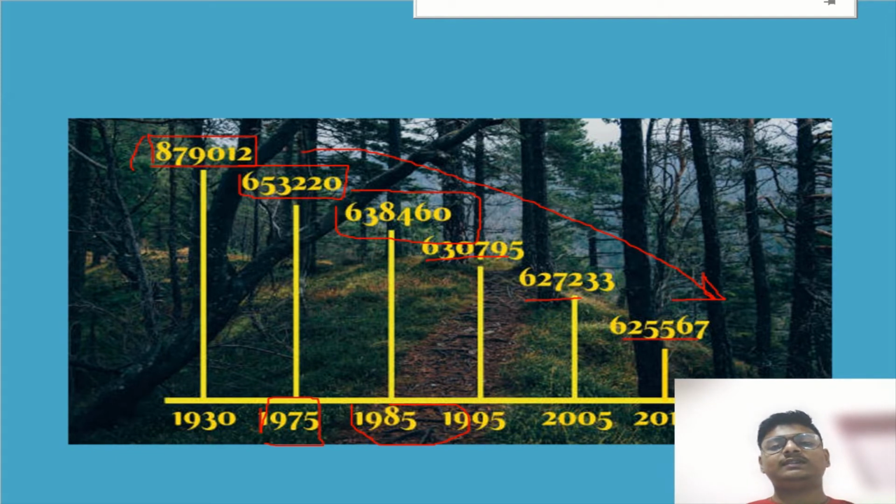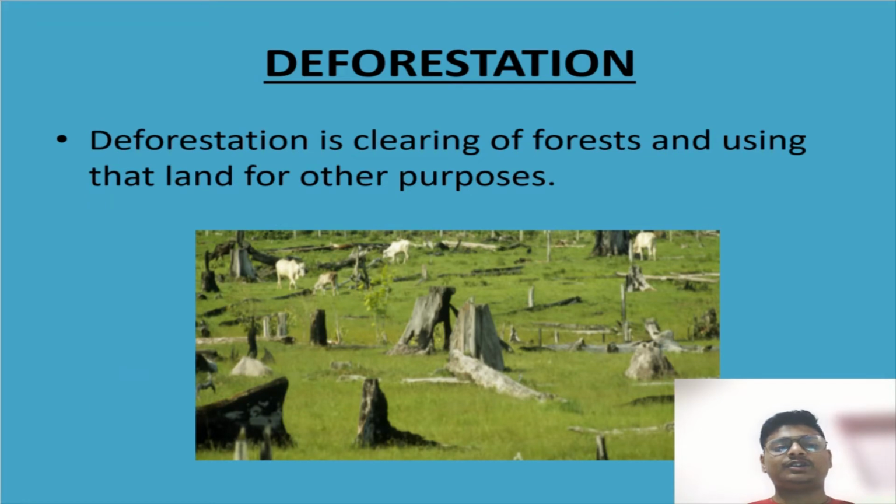Okay, so these are very drastic terms, and what we are doing, cutting of trees, has a term called deforestation. We cut a lot of trees, we cut forest, so this term is known as deforestation. So students, we are going to learn today about deforestation. And see, what is deforestation? Deforestation is clearing of the forest and using the land for other purposes. Okay students, everyone got that?